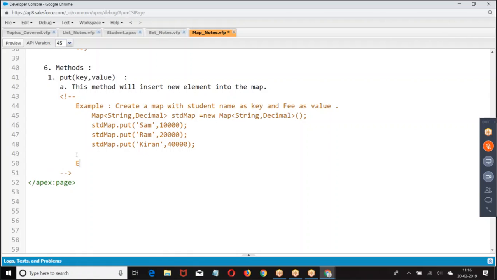Similarly, create a map with employee number as a key, employee name as a value.